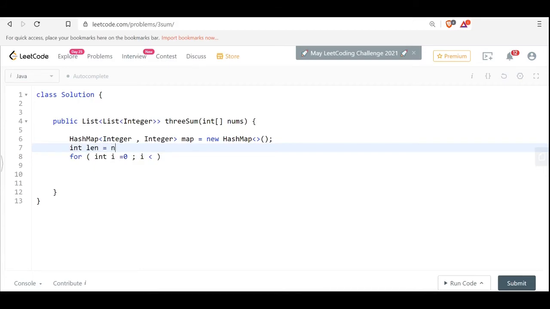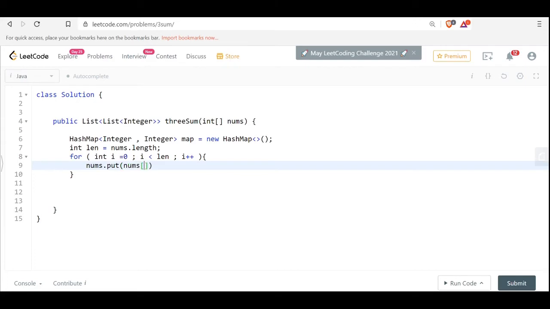So I'll say int i equals 0, i less than length, i plus plus, and I will just say map dot put nums i. That's all, right?